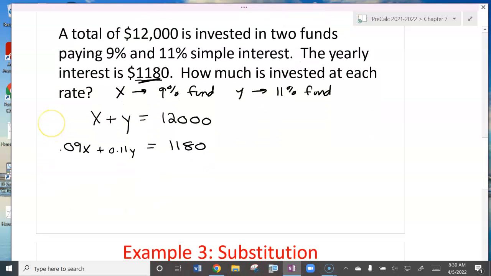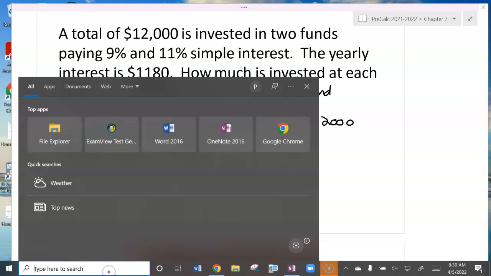We are then going to use substitution to solve. So I'm going to rearrange this one. And I'm going to subtract x from both sides, so I get y equals negative x plus 12,000. Now I have a y. I can substitute, so I'm going to have